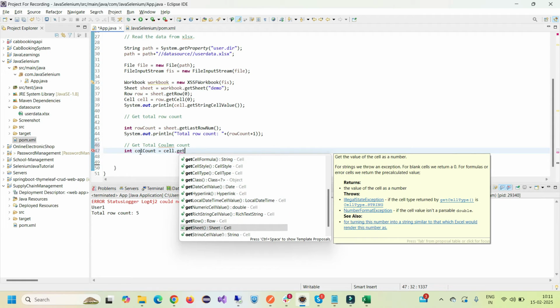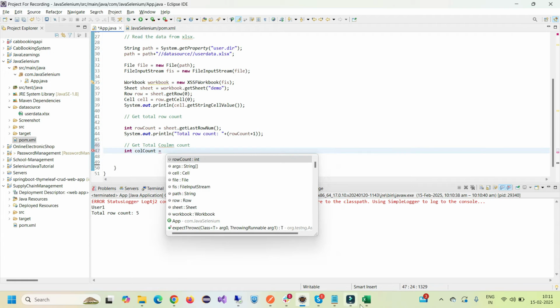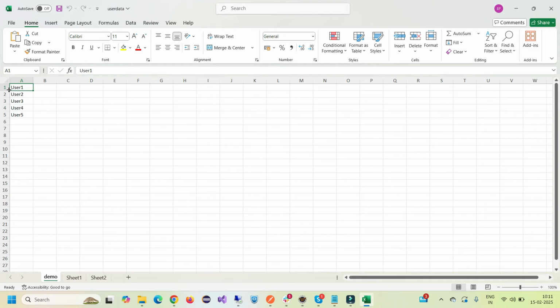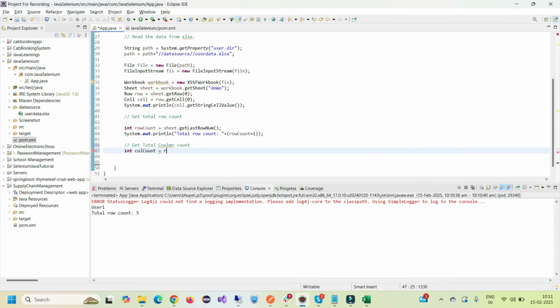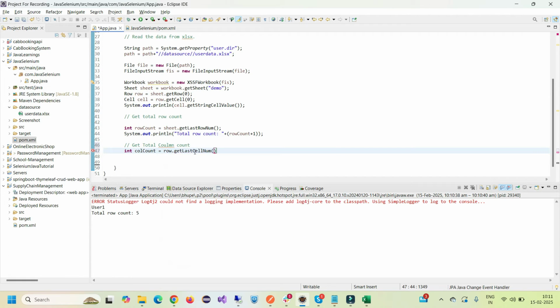Okay, so let's say we are assuming in the first row we have the maximum columns, right? So we can say row.getLastCellNum, so it will return the total count